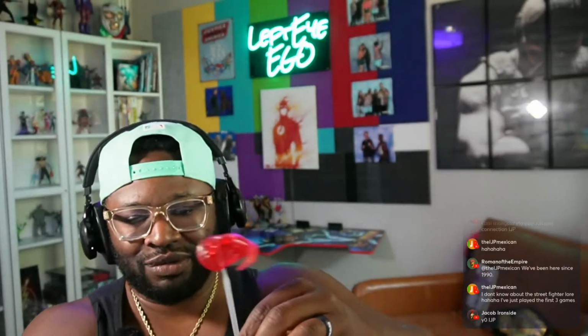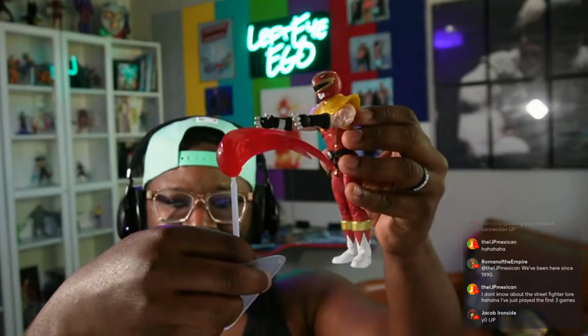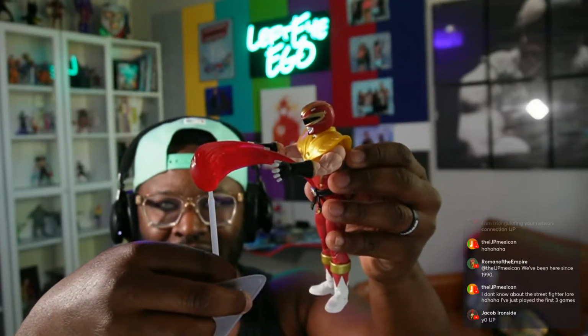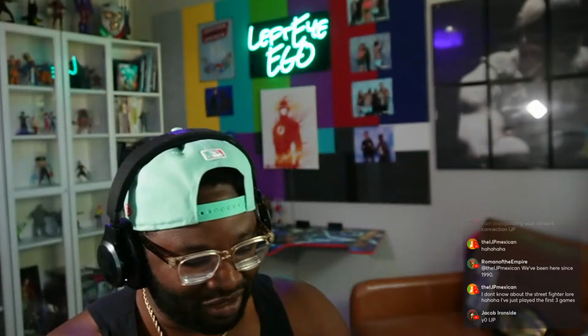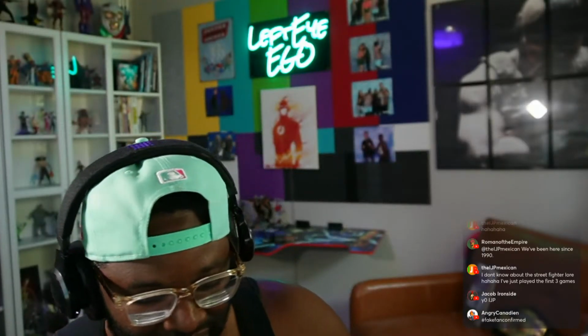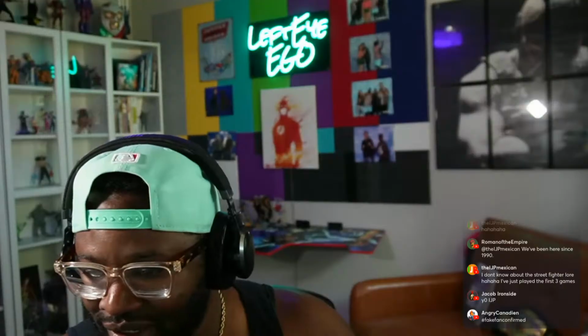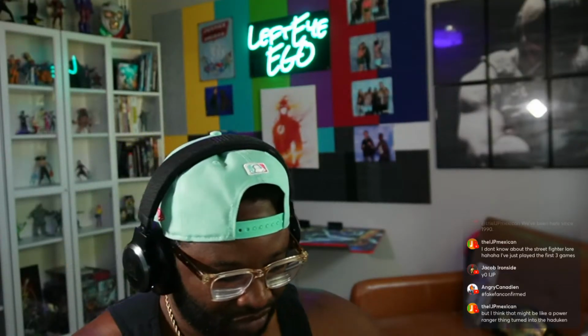So it's got the actual stand on here. If I have him like this, it's like he's doing Hadouken, more or less, or summoning a spirit energy of whatever. I actually like the way they have it set up, and I'm getting the Ryu one later. Can I see a close up of the helmet, please?